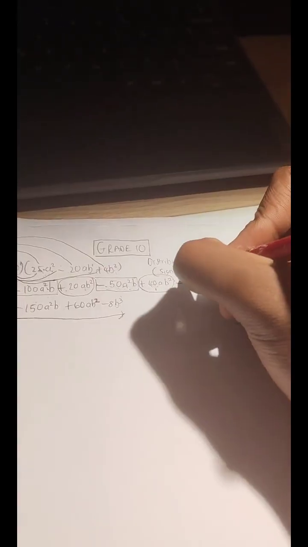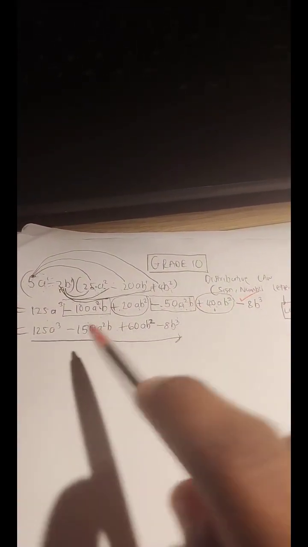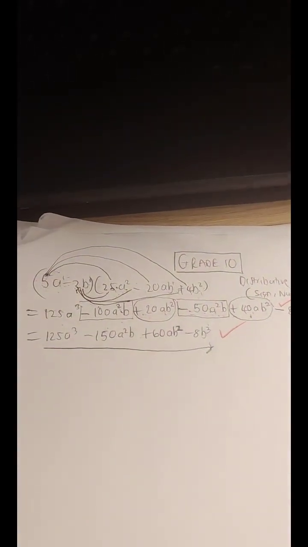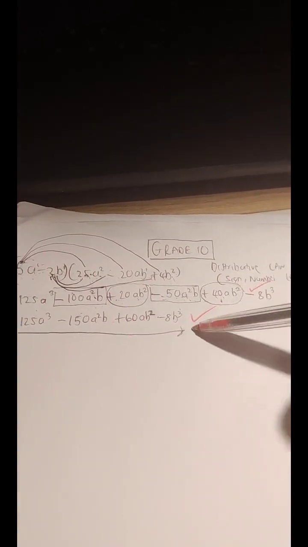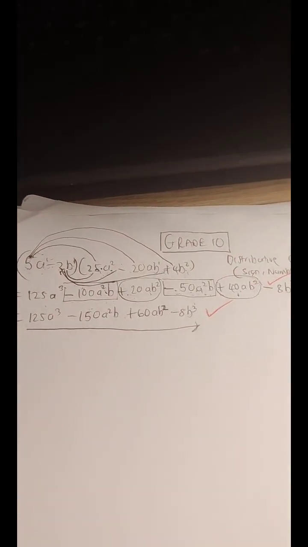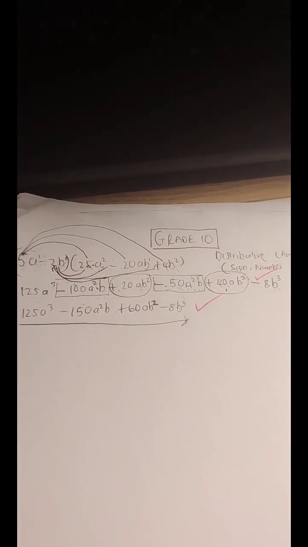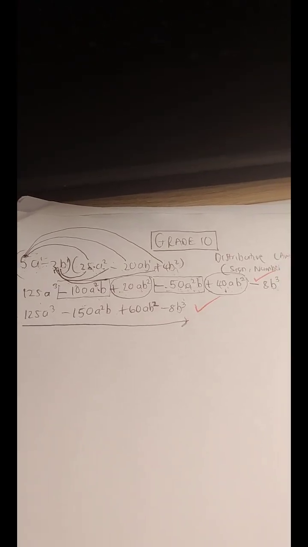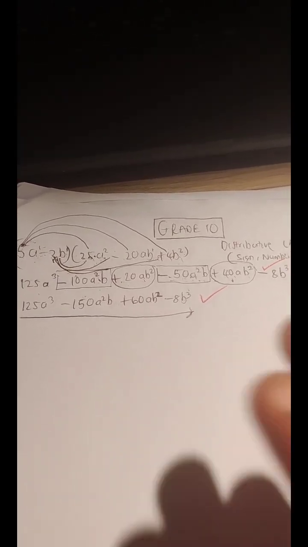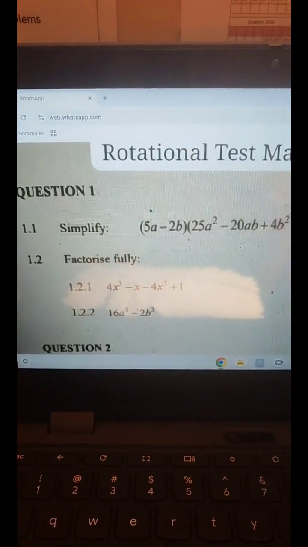Okay, and if they are awarding us 2 marks, we deserve the 2 marks, because 1, we expanded 100% correct to get the first line of terms. Then 2, we added and subtracted the like terms accurately, so that deserves our 2nd mark. So this is a typical 2 mark, or sometimes minimum, maximum 3 mark question. You can't expect any more than that. Or sometimes it could be 4, but for this particular paper that I have here, this question was basically out of 2 marks. And it was asking us to do what?